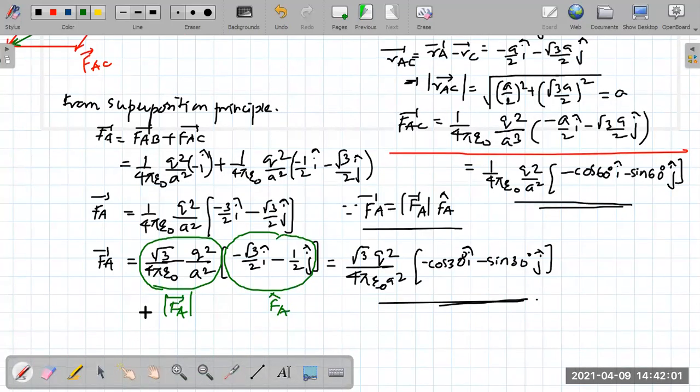Okay, sir. Direction must always be a unit vector. Yes, that's why I have taken a unit vector. Frankly speaking, I could have taken root 3 by 2 common also, right? But if I take 2 common, will it be a unit vector? No. That's why I took only root 3 common, so that I get a magnitude and direction. So FA is a vector.